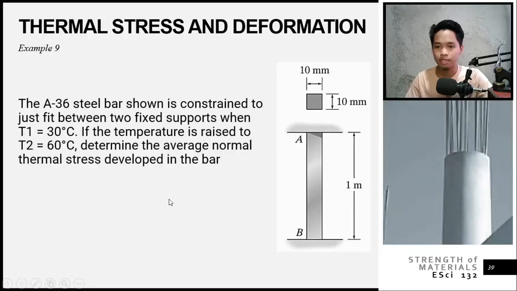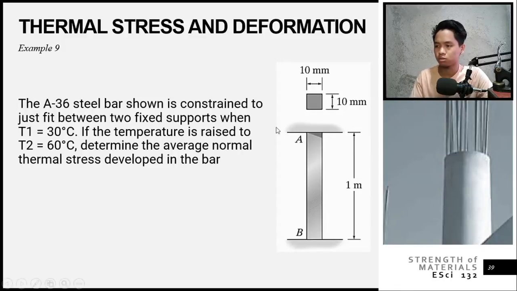So we have this example to solve for the normal stress. The problem states that the A36 steel bar shown is constrained to just fit between two fixed points when T1 is equal to 30 degrees Celsius. Now, if the temperature is raised to T2, which is 60 degrees Celsius, we are going to determine the